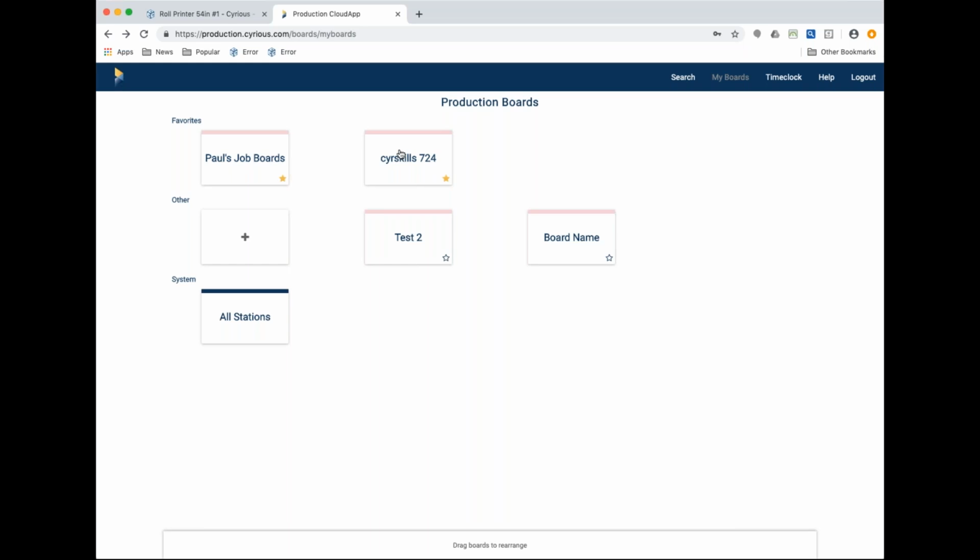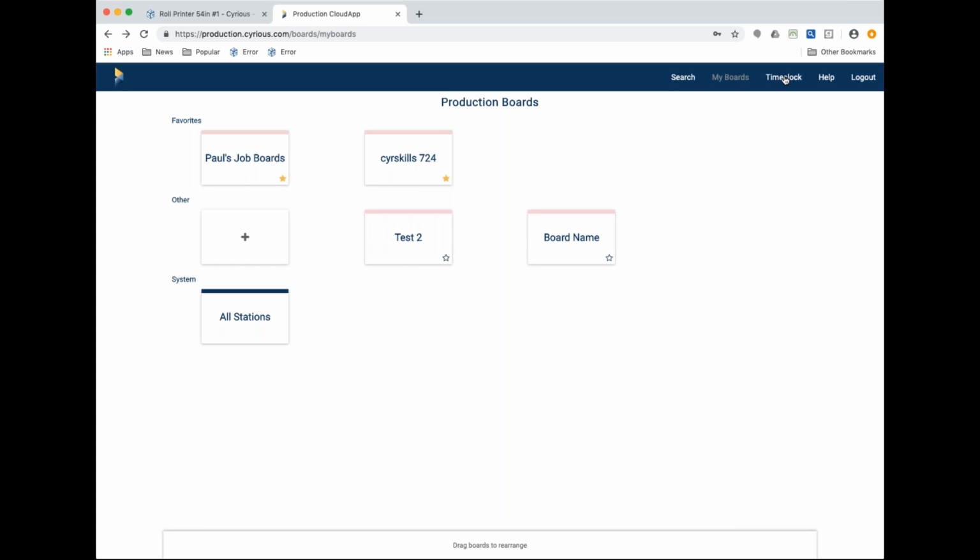Let me finish my comments here, and then we'll get back into some deeper stuff. Okay. So, working my way across the search, the boards, the time clock. After you've logged in, time clock becomes the default, and that's what you would see the next time around. The help button we've talked about, and logging out. Section 2,